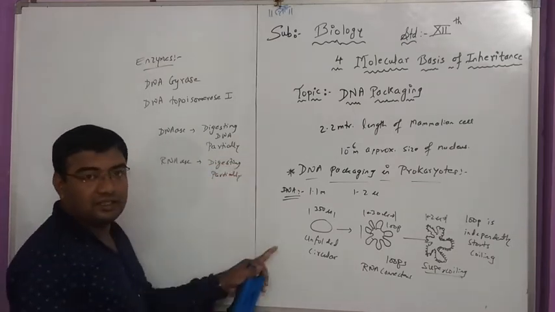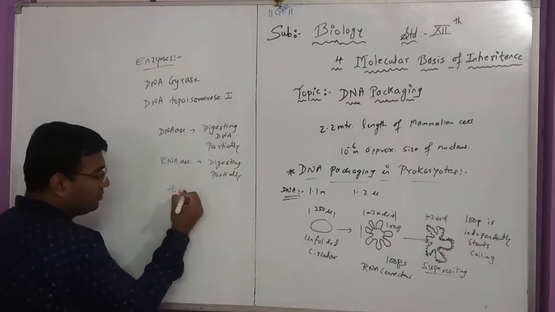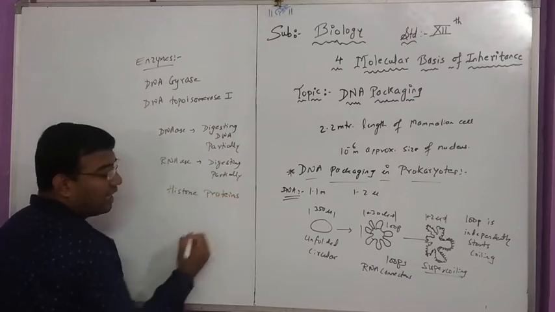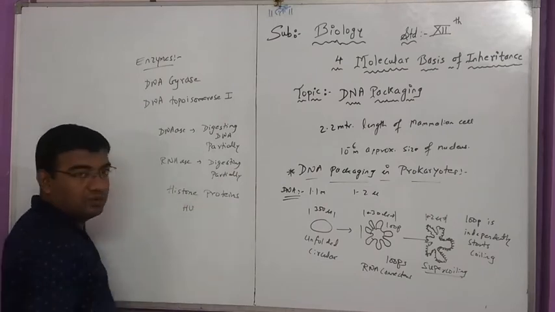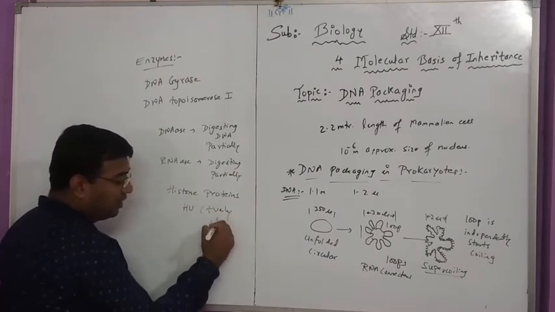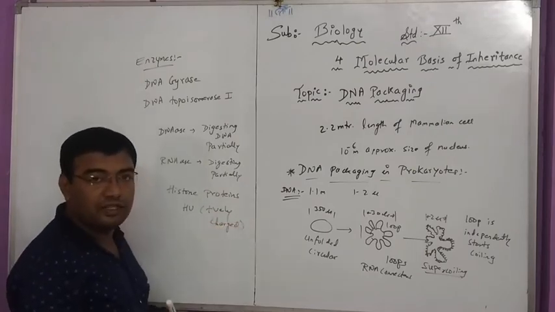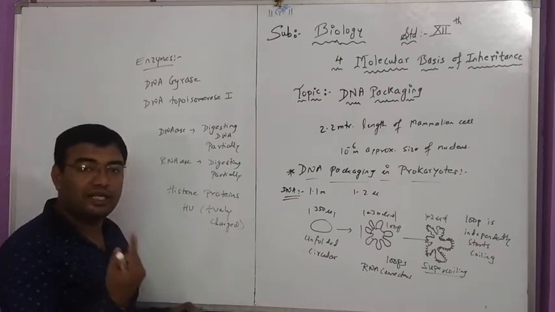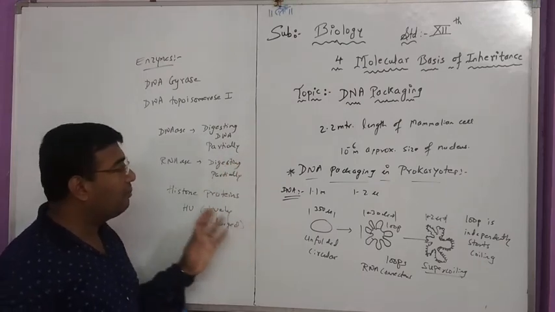It is also assisted by proteins known as histone proteins. Histone proteins are positively charged proteins. We call it a histone unit, HU. Always remember, they are positively charged because of the amino groups, and then later, in the final stage, they get coiled by the DNA, which is negatively charged. So in this way the packaging takes place.